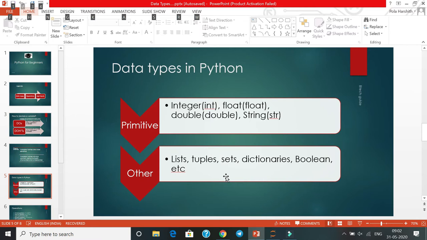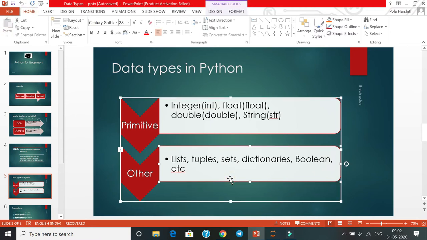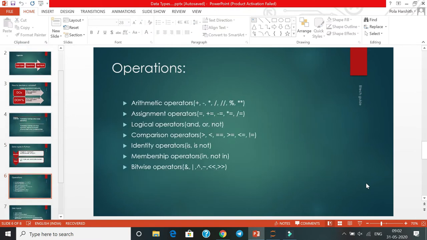and now we will go through the operations supported by Python. Here are the different operations supported by Python. It supports arithmetic operators that we already know: plus, minus, asterisk for multiplication, forward slash for float division, and double slash for floor division. This is for modulus, and this is for exponentiation, that is power. And these are the assignment operators. We will see the meaning of all of these during execution so that you will understand much more easily.